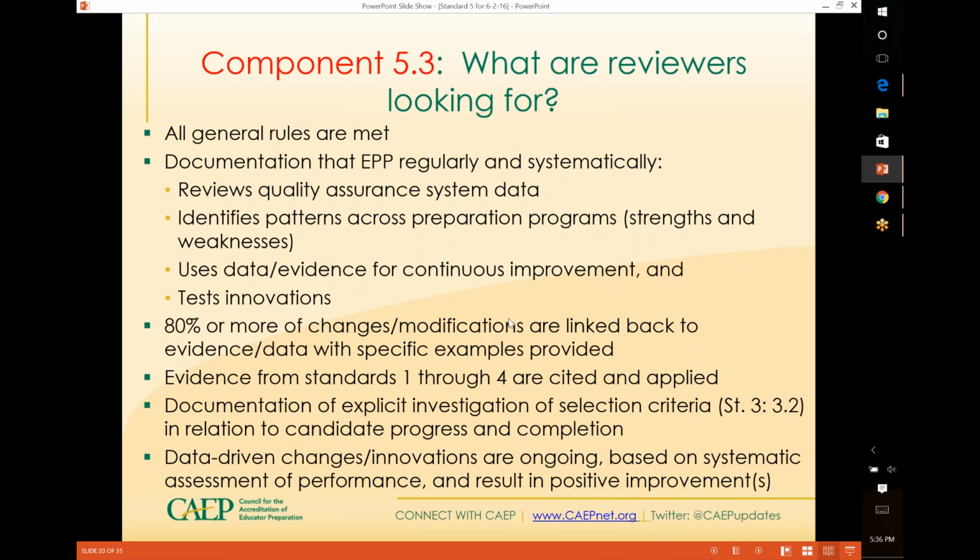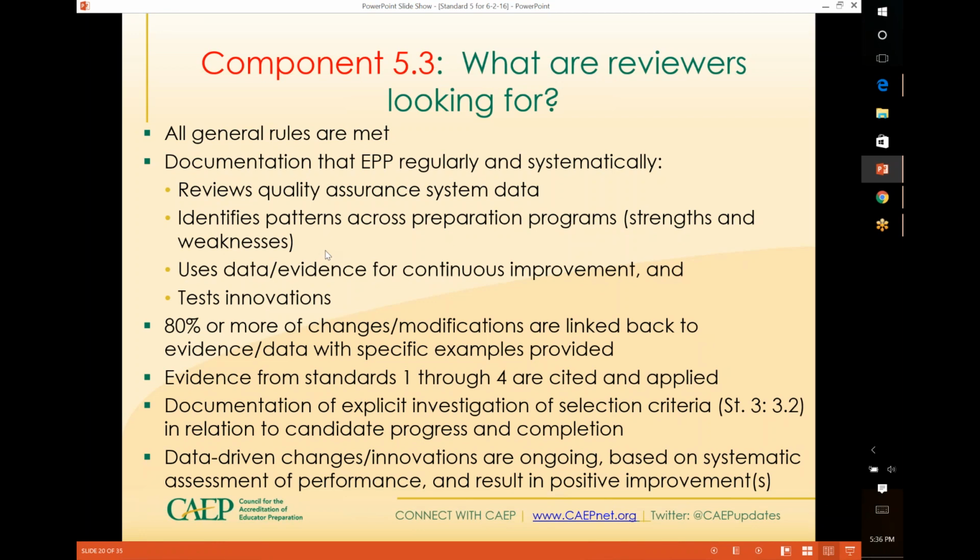Again, look at this. There's that piece about reviewing your quality assurance system data. I recently had the experience, and it was a positive one in the end, of being with an EPP who claimed that they had all kinds of impact on student learning data in their software platform, and that it was for all programs and all candidates, etc. But when we asked, okay, let me see your impact on student learning data for fall 2015 as compared to spring 2015, they couldn't get it out of the system. So reviewing your quality assurance system data is something really important to do, is to probe it occasionally and make sure that what you're putting in there you can get out, and get it out in a way that's meaningful